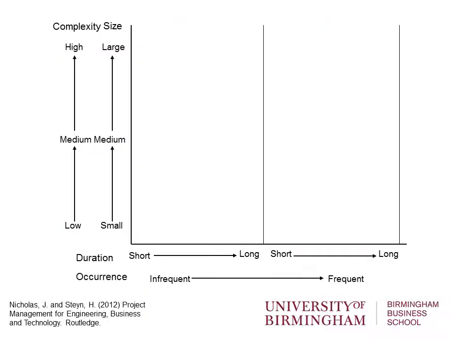And this leads us to this model. This is quite a neat model, which you can find in any of the various editions of this book by Nicholas and Stein. And this little model has 2 dimensions on each axis. So on the x-axis, we've got